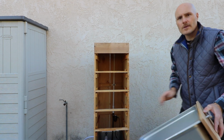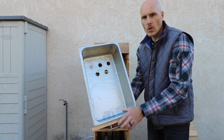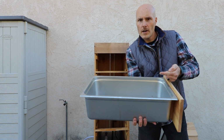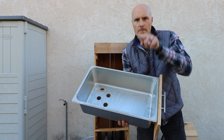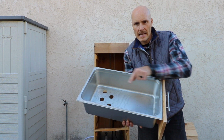And if we remember, the tray on top was one that had holes in the back. So the water that comes out of that pipe feeding this is going to be dripping here, and then that water will naturally make its way back this way and then go into these holes and drip down the next layer and kind of just zigzag its way down